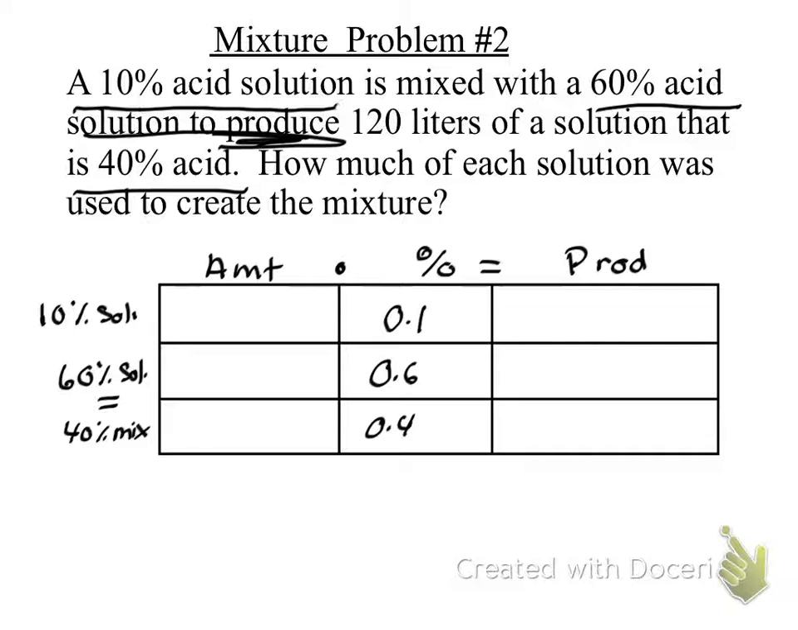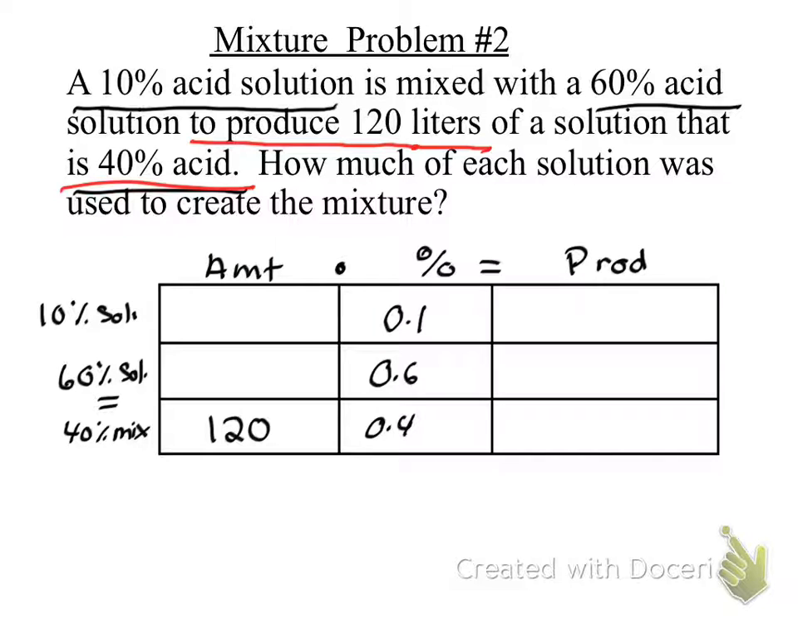where does the 120 liters go? Bottom, first column. 120, because that is to produce. Where it's saying to produce tells me it's what they want to make. That's telling me it's the end. 120 of 40%. You guys with me? Okay, so,